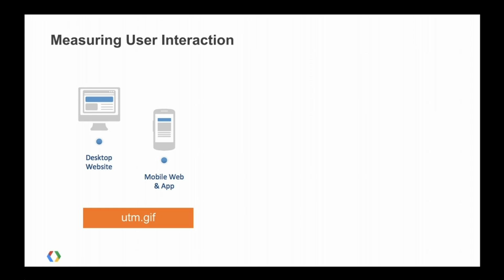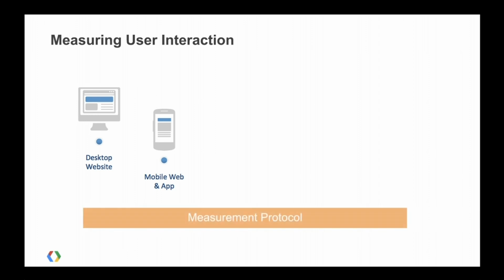A couple years later, we launched V1 of our application tracking. What we had to do is port all that client logic and the complexity into Java and into Objective-C to support our Android and iOS SDKs. As we look to the future, what we really wanted to do is support measuring users across any devices. And because it was so complex to port our code, we completely rewrote our infrastructure for collection. And we released what we call the measurement protocol. We released this maybe a couple months ago.